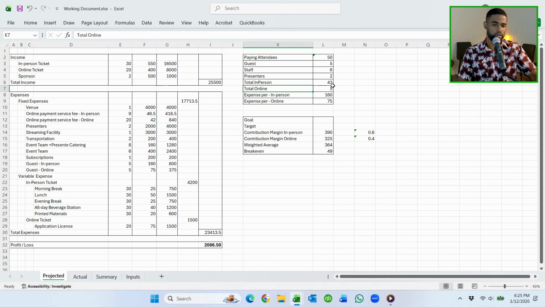This is showing a bit odd, but this would be our guests. This would speak to our guests. The expense per person is $60. The aggregate of these numbers would add up to 60, and we see $75 for the ticket. This is where we get. So this information here is more just like